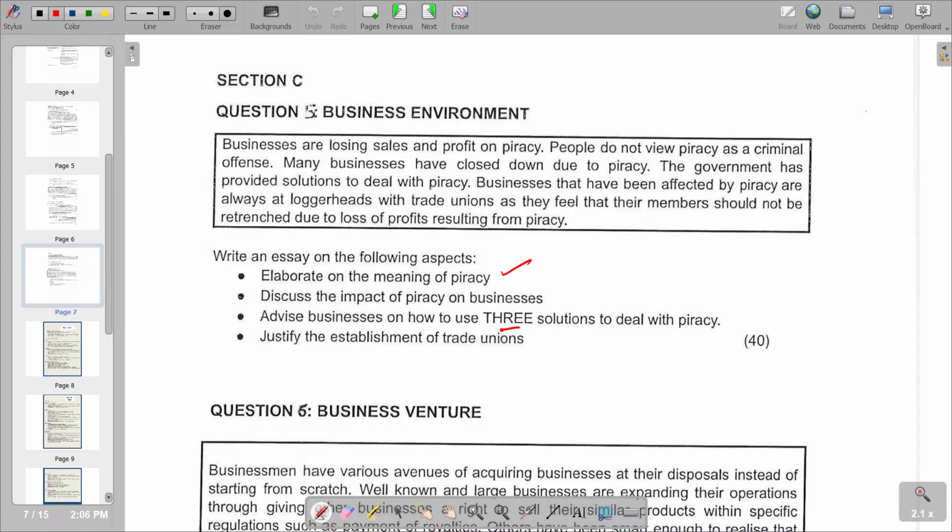Justify the establishment of trade unions. Remember, trade unions exist on behalf of their members, which are the workers. In terms of main aspects, they negotiate better remuneration, better working conditions, etc. So we have that, and the other section where we come up with benefits of trade unions,